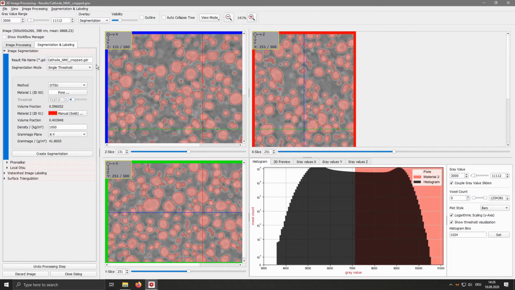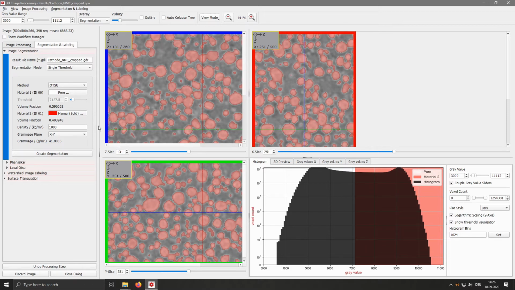To segment the image, we have multiple methods at hand. So first of all, for the image segmentation function in here, we have the option between a single threshold, multiple threshold, watershed-based multi-phase segmentation and a trainable AI-based segmentation. For this example, we will use the single threshold segmentation. Later on, we will do a second example where we use the AI segmentation.